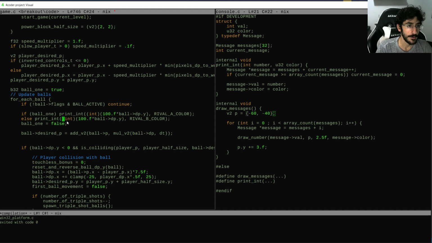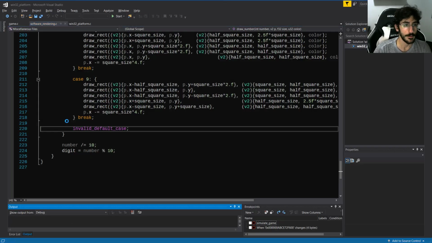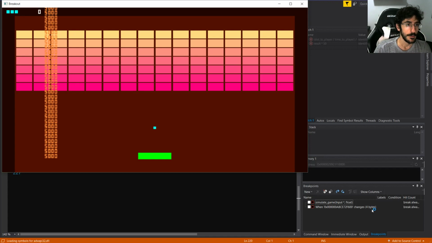Do we have ABSF? Absolute in float. Yeah, we do. Okay, let's see. Okay, the speed is 50. Looks good. Oh, okay, yeah, let's just see the thing. Speed is 50, and if you hit like the other ball,